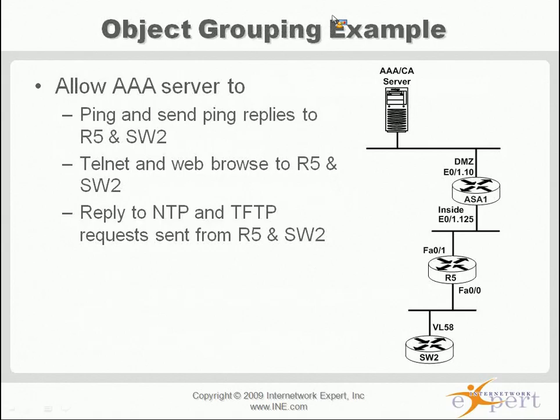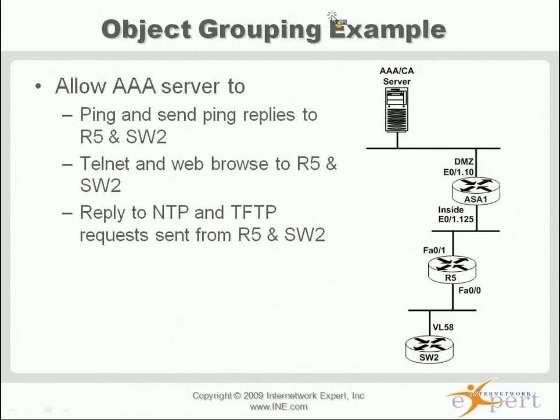Telnet and ping are pretty straightforward. Web browse is pretty straightforward. However, it does say to router 5 and switch 2. You may want to get clarification from the proctor whether you're allowing it to any addresses on those or just specific addresses on those. In this case, we're going to be a little bit more restrictive and just use our loopback addresses. In this case, pulling up our telnet window,